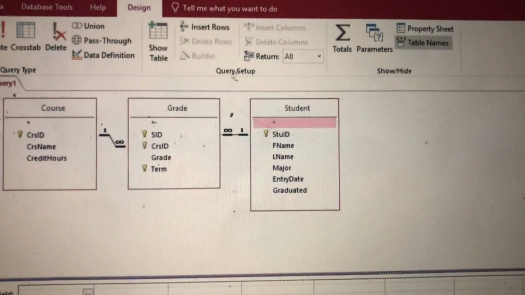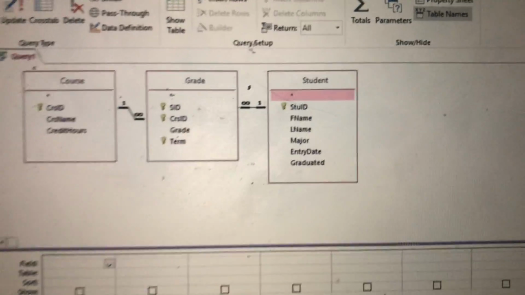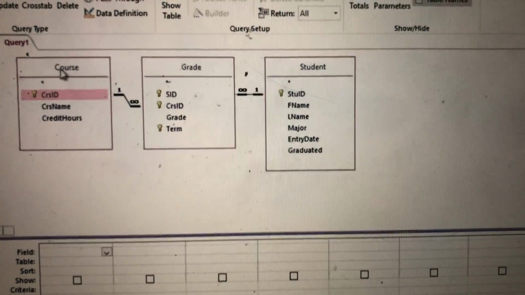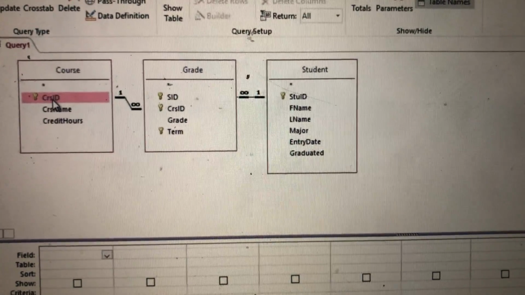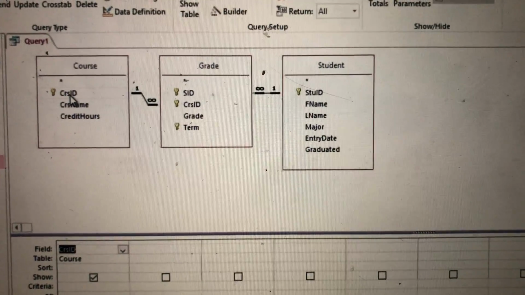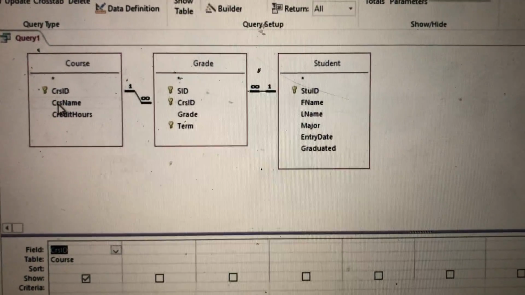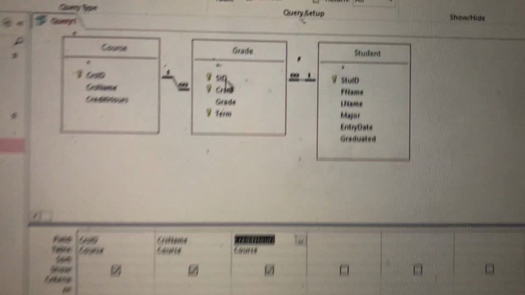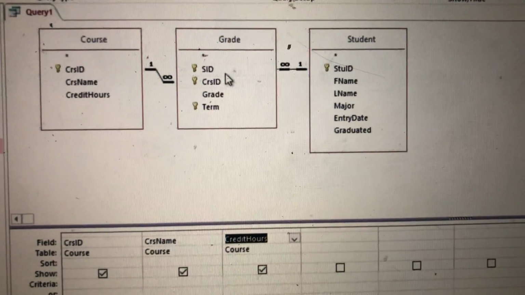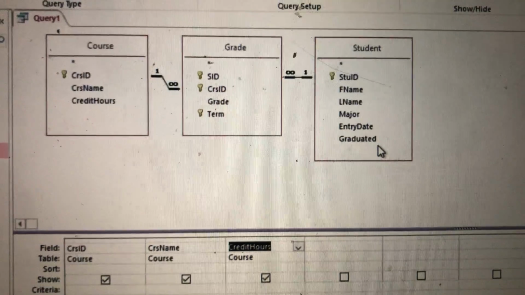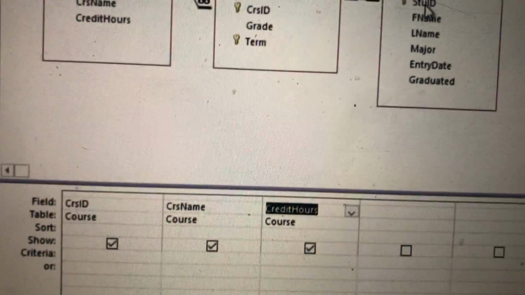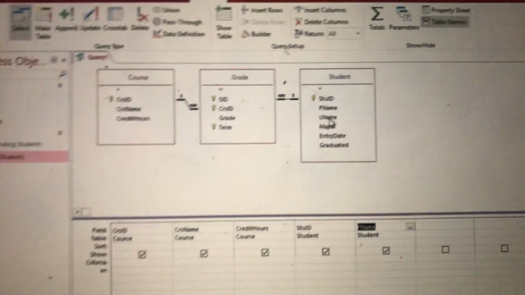The list will be course ID, so CRS ID in the course table. CRS ID in course table, double click. Next one, course name, only one, no other place. Number 3, credit hours. And student ID. Student ID, we have 2. I go to the student table because it is associated with first name, last name. So I go to the student table. STUID in student table. First name, last name,